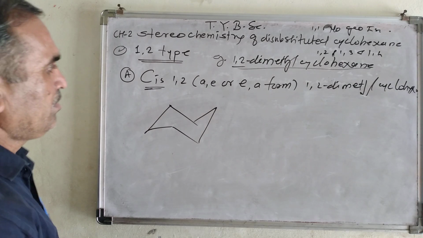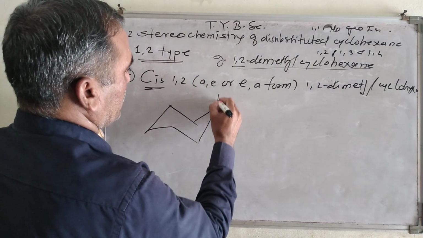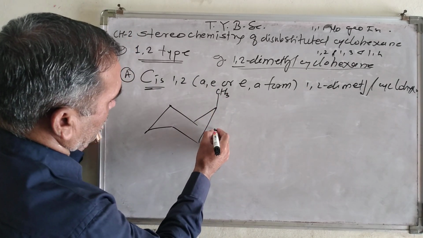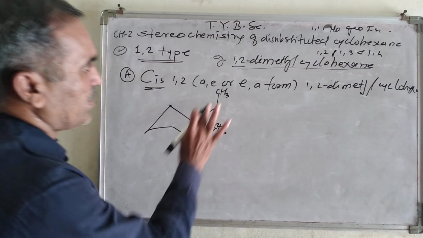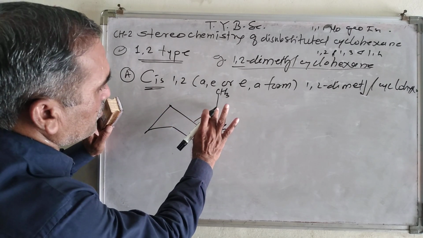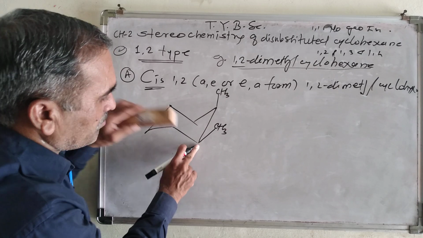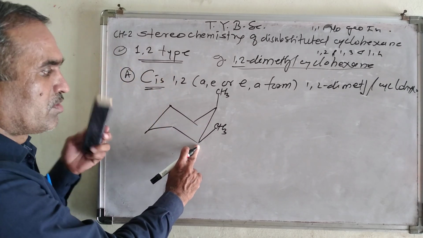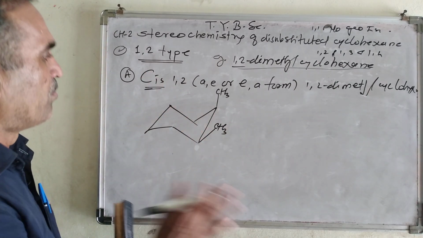Okay, this is a chair conformation. Now A means what? One of the methyl groups is present at an axial position. E means what? One of the methyl groups is present at an equatorial position. AE form, right? And why is it a cis? Because suppose I am putting my finger here, the methyl group is above the plane; I put my finger here, and I see the methyl group is above the plane, and therefore it is a cis form, right?